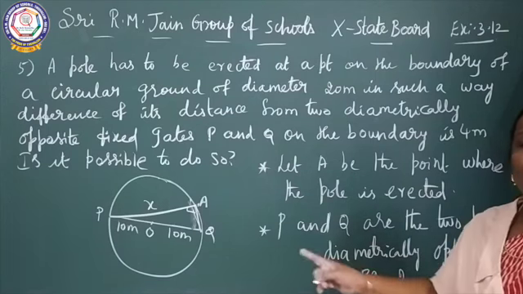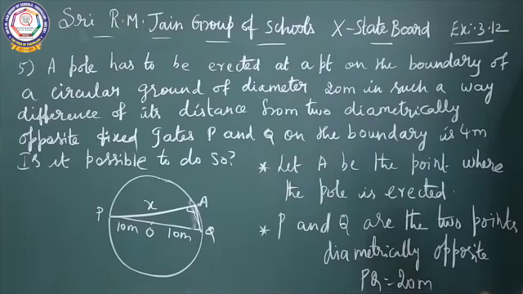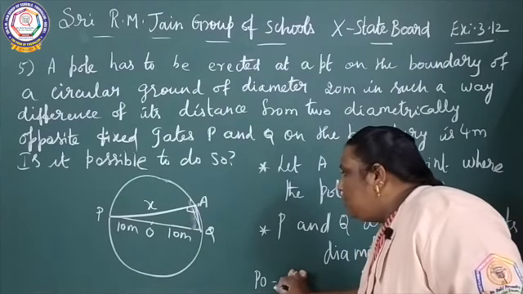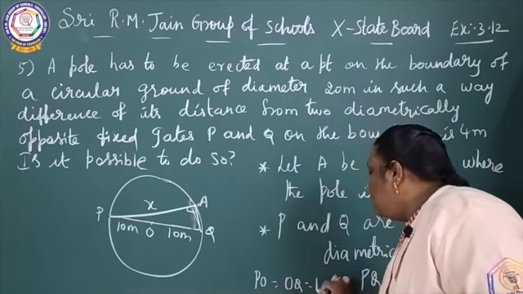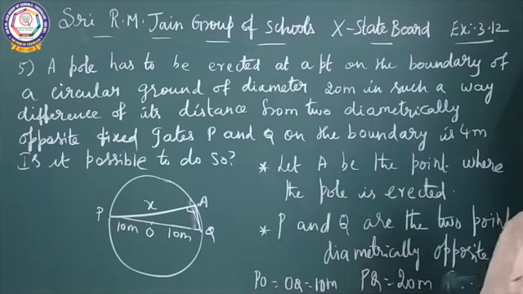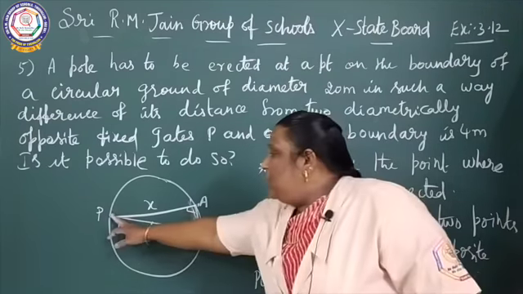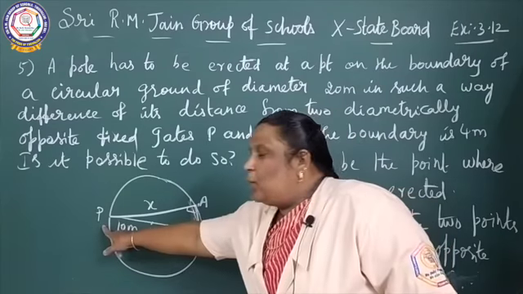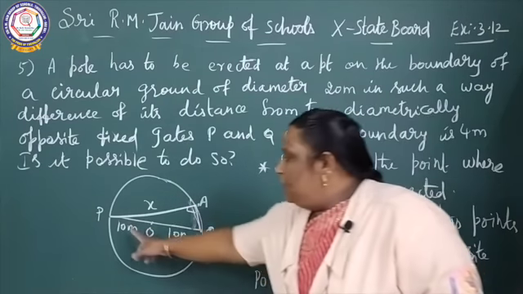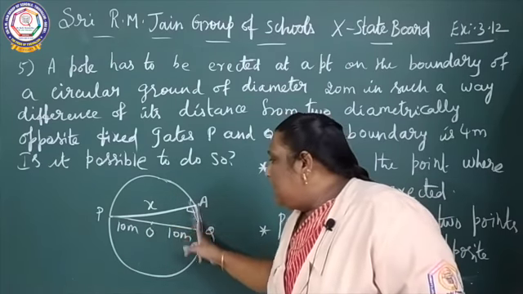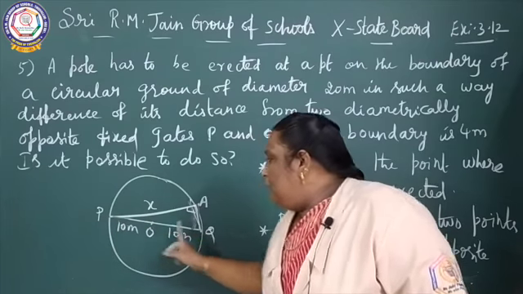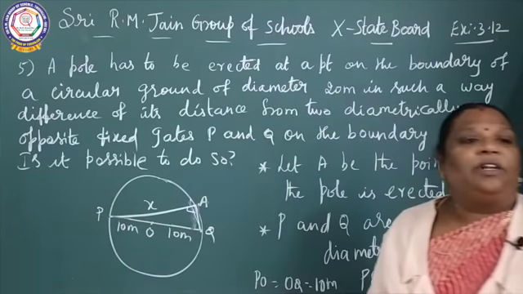What is the length of PO? PO equal to OQ equal to 10 meter. The difference between the two gates, this is one gate, this is another gate, and the erect position is, so PA and QA, the difference between the values